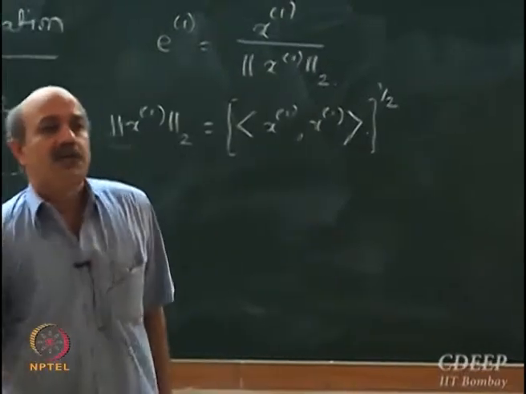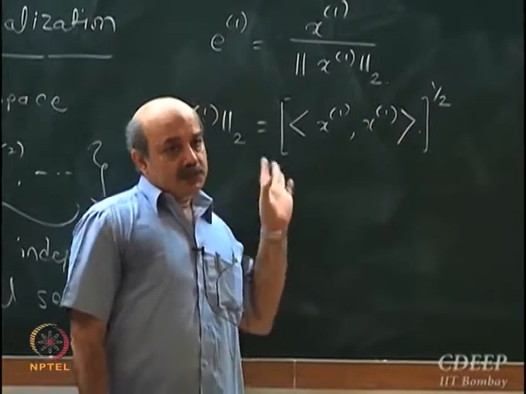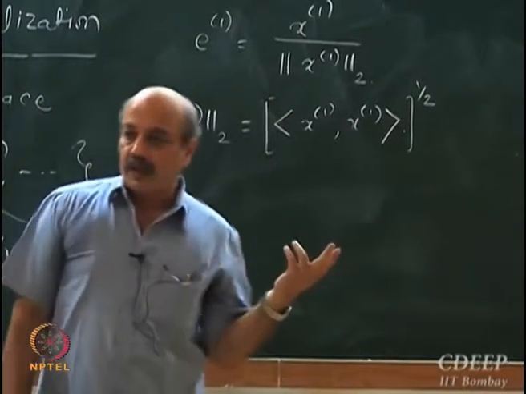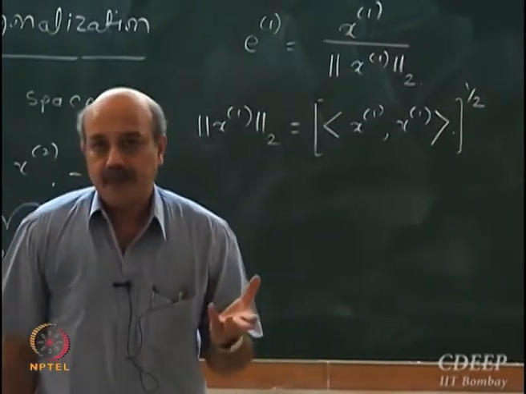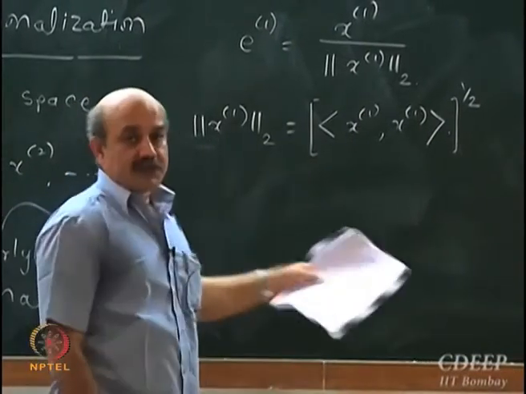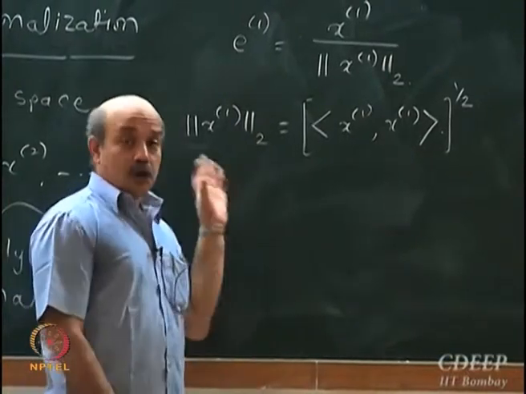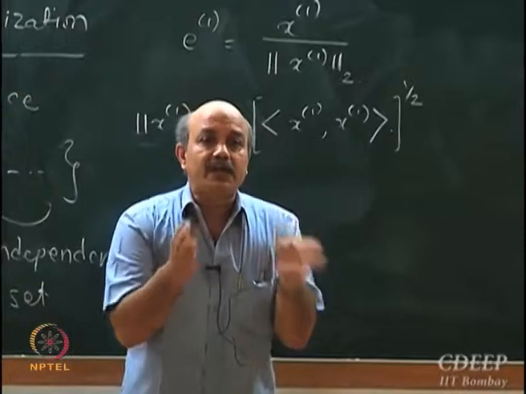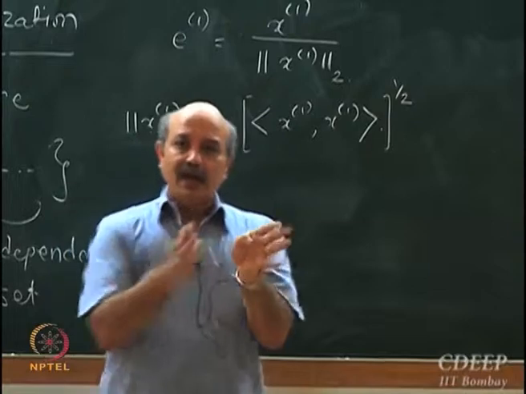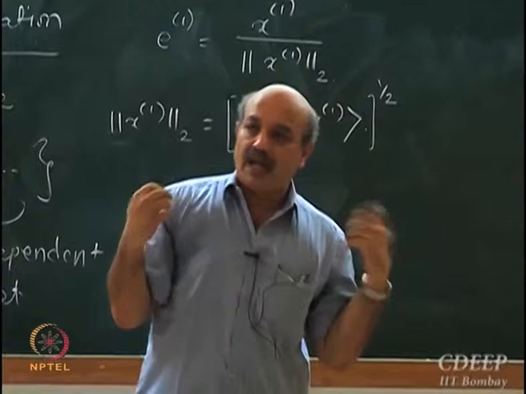This is a unit vector. I want to create a set. Starting from this set, I want to create a set which is not just orthogonal but which is orthonormal. I want to create unit vectors which are orthogonal to each other. So this is my first vector. What I do next is, well, orthogonality allows us to split a vector into two components, one along a direction and one orthogonal to the direction. That is the concept which I am going to use in the Gram-Schmidt process.